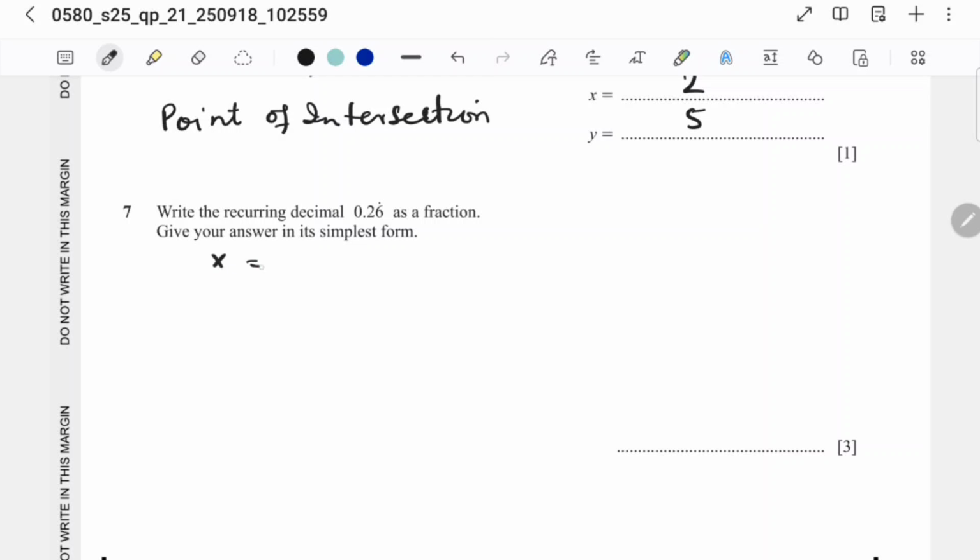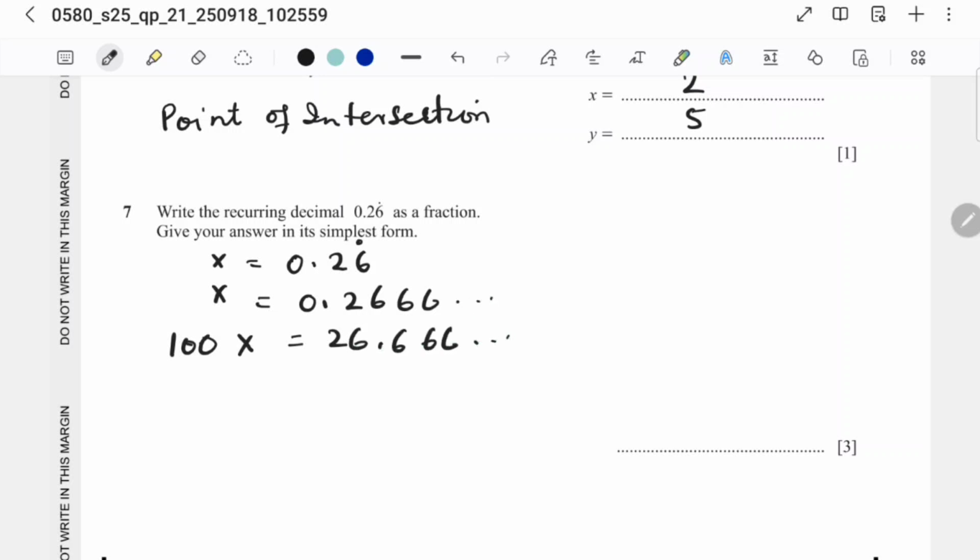So let x equal 0.26 recurring. You all know the method. It's two digits, so we can write down 6 as the recurring, and then 100x because there are two digits, so that is 26.666. Afterwards, we know that 1 digit is without recursion, so we just subtract x from it. If no digit is there, we do minus x. If 1 digit is there which is without recursion, you do 100x minus 10x equals